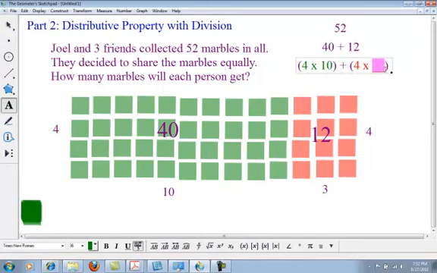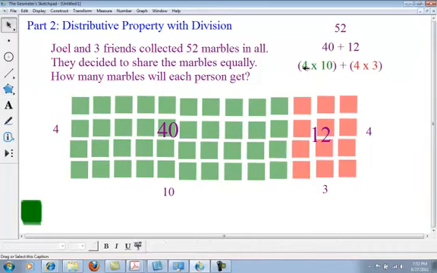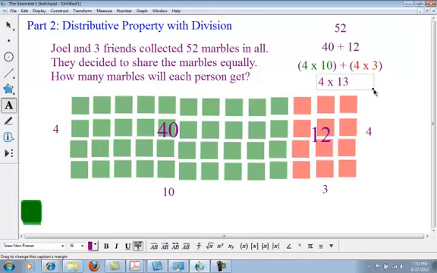And here I know that I'm trying to get to 12. Well, 4 times 3 is 12. Since I have an array with 4 rows and 10 in each row, and another array with 4 rows and 3 in each row, I now know that that's the same thing as having 4 groups of 13. And since 4 times 13 is equal to 52,